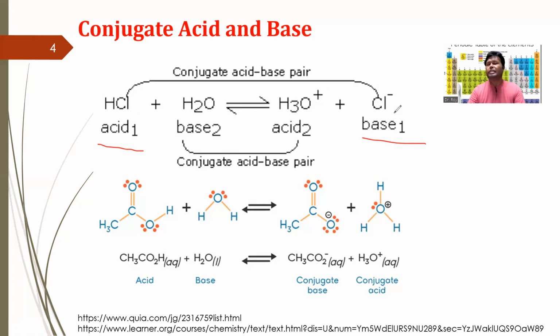This base can accept one proton to form the acid. Again, this water is accepting one proton from this, so here this water is working as a base, and after accepting,